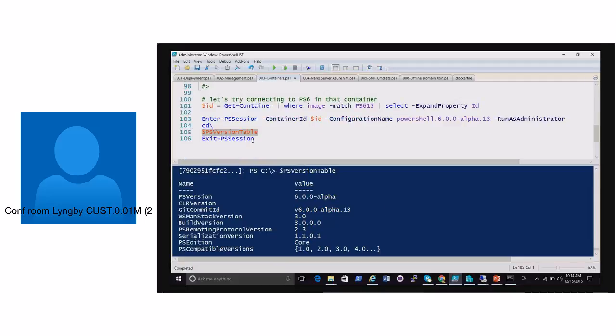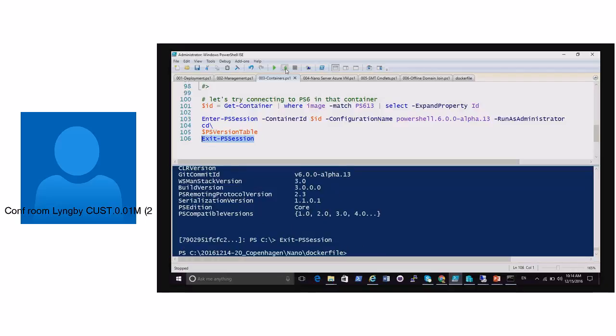So this is a really, I think, cool demo that can show you Nano server and containers and open source PowerShell and all that together in one mind-blowing demo. So this is the end of my Nano server session. Thank you for your attention, and